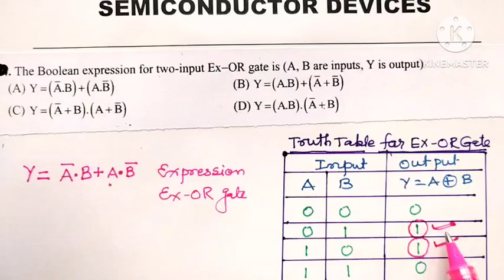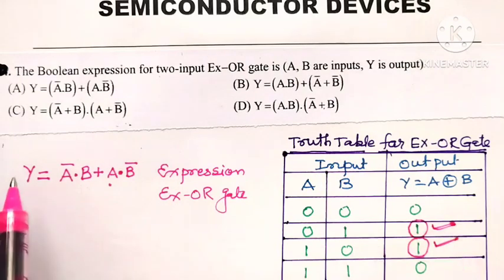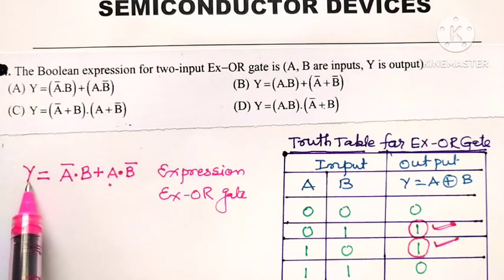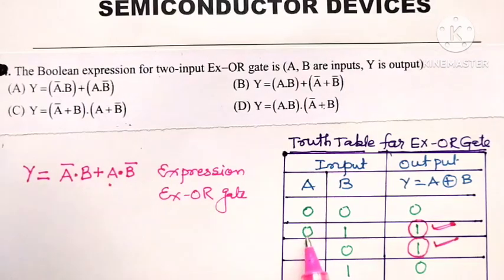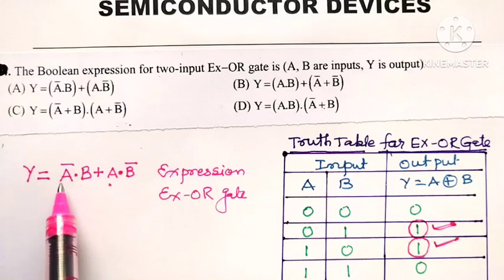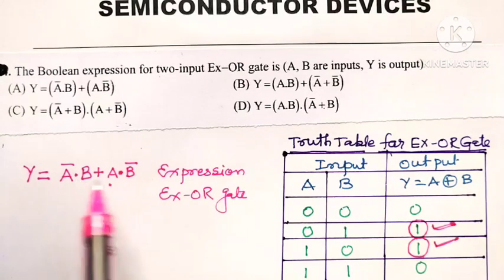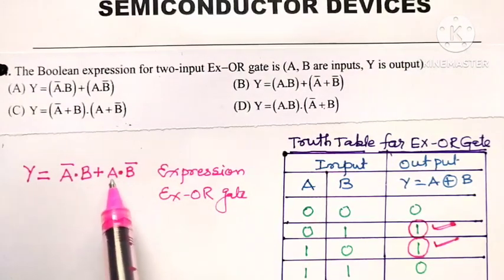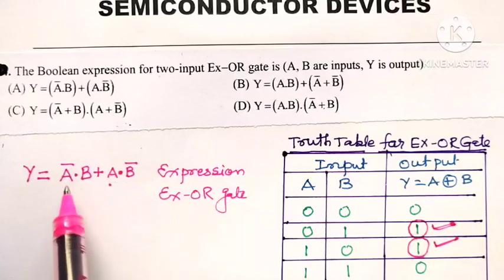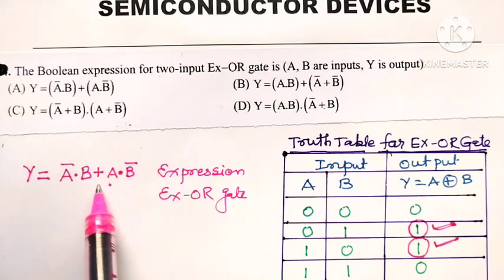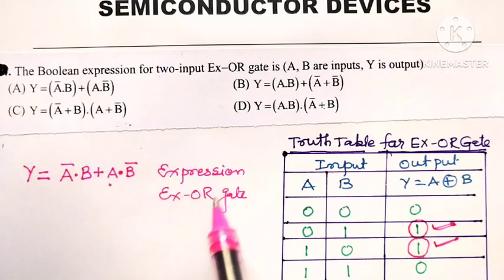So for any logic circuit, from the truth table, we focus only on those cases for which the output is 1, and we can write the expression for the output. Y is 1 when A is 0 and B is 1. A is 0 means A bar is 1, and B is 1. Or the second condition, A is 1, B is 0, means A dot B bar, where B bar is 1. So 1 into 1 is 1. So Y equals A bar dot B plus A dot B bar. It is the logic expression for the output of the XOR gate.